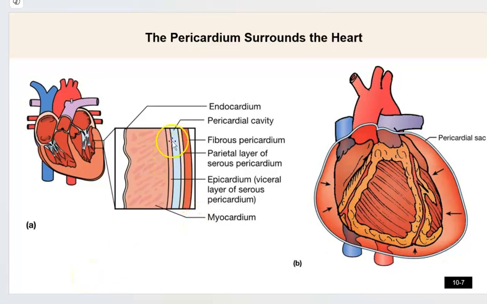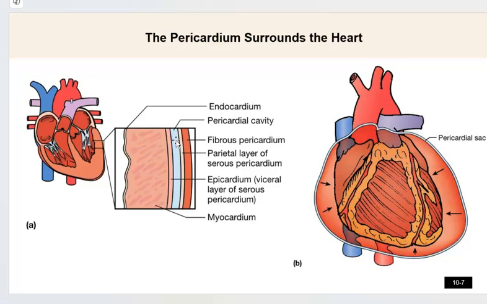This pericardial cavity is where our pericardial fluid should be. It should be a very scant amount that allows for lubrication, if you will, so that you can have the heart beating and expanding and not get any friction rub. So if you hear a friction rub, that's abnormal. If you have too much fluid in that, you're going to have a problem because that would be causing a pericardial effusion that can cause a cardiac